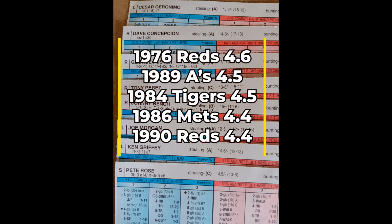Now, would I say, in my opinion, is this the best Strat-O-Matic team I've ever seen? Again, keeping in mind, I don't have every set from every season. There are teams from the 50s and 60s that I've never seen, as well as some teams from the 2000s. Like I haven't had a chance to look at the 2018 Red Sox yet, or for that matter, the 1961 Yankees or anything like that. But as far as the cards that I have, yeah, I would say this is the best Strat-O-Matic team that